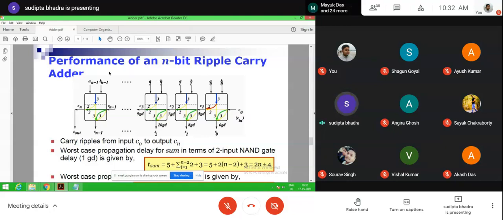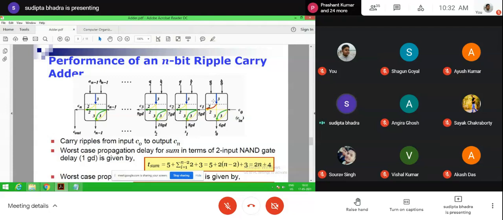So one thing you remember: all these operations between the input bits A0, B0, A1, B1, A2, B2 happen simultaneously, and the result is there, waiting for the carry in from the previous full adder. That means what?